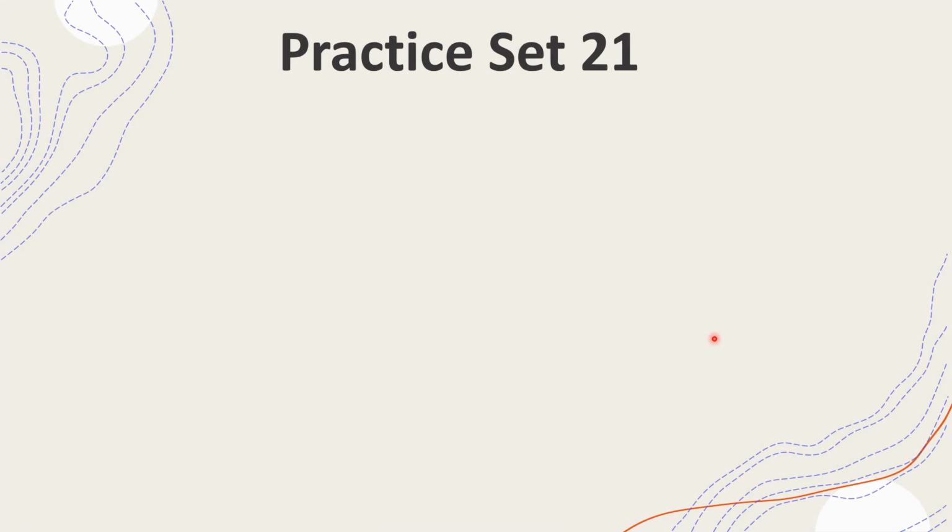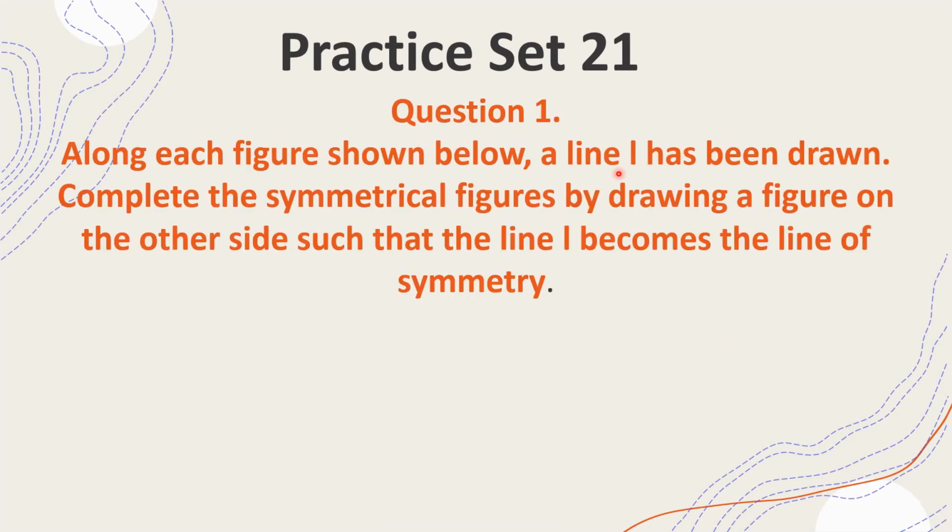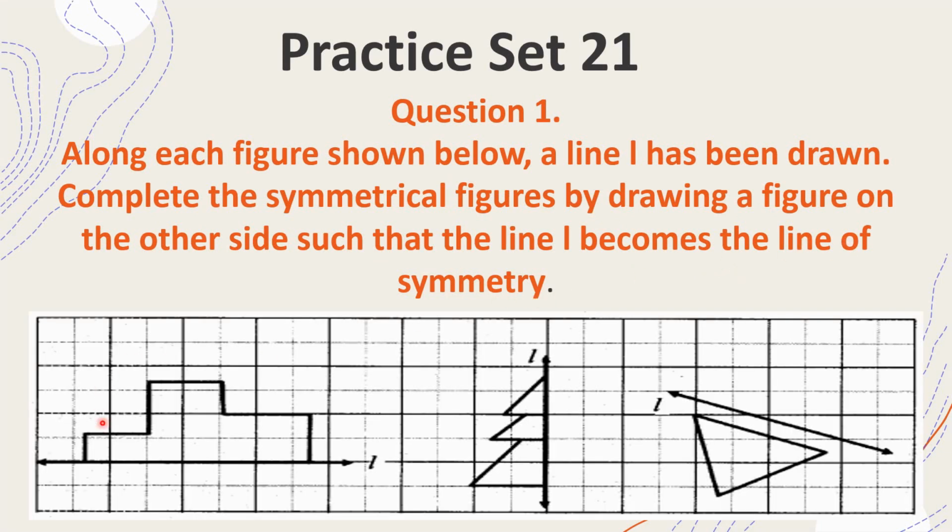Students, now we will discuss practice set 21. Question number 1. Along each figure shown below, a line L has been drawn. Complete the symmetrical figures by drawing a figure on the other side such that the line L becomes the line of symmetry. So here you can see that they have given us